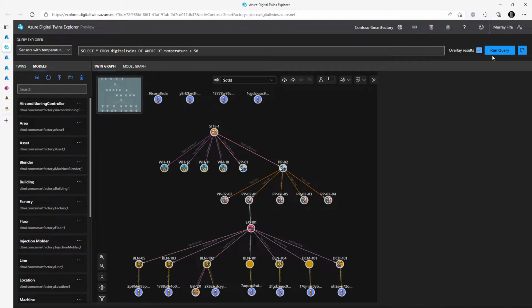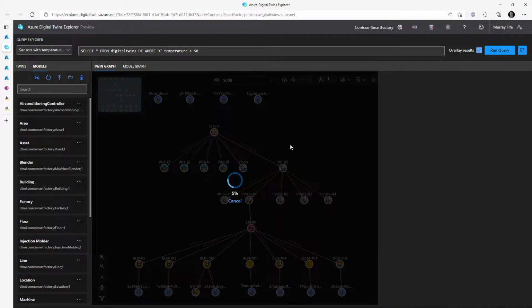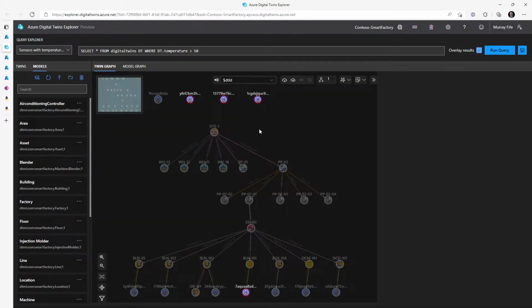And then I could run the results and see all of the sensors, which are highlighted here, which have a temperature range right now above 50 degrees. Now, this is just a visual representation, but we could use this in filters and queries so that we could start looking at machinery that may be down or may have problems with